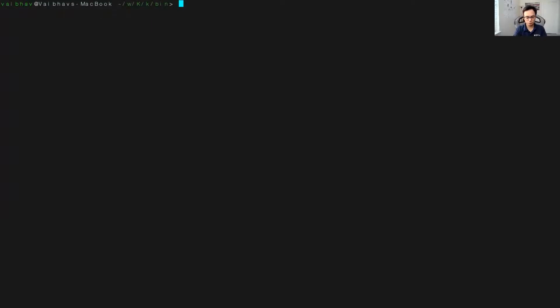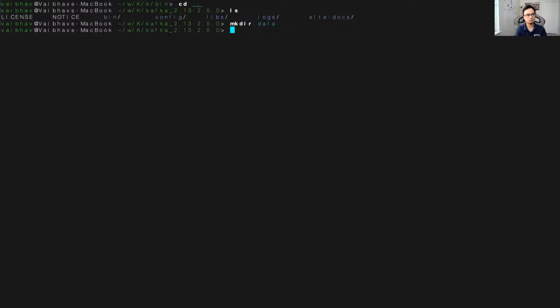To store the data of Zookeeper, I'm going to make a data directory outside my bin folder here. And once I've created the data directory, I'm going to make data/zookeeper, and I'm going to make data/kafka.